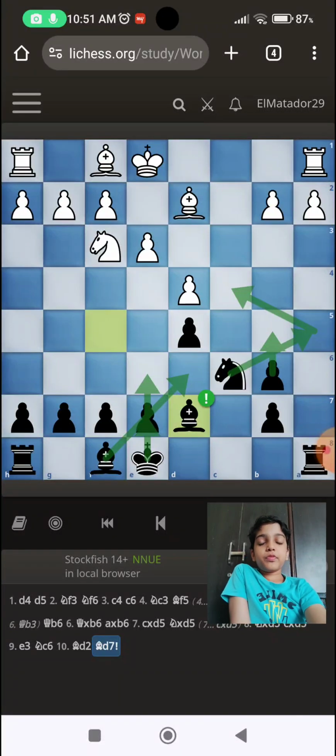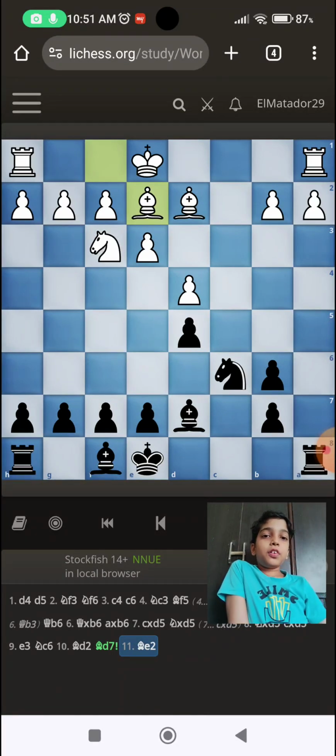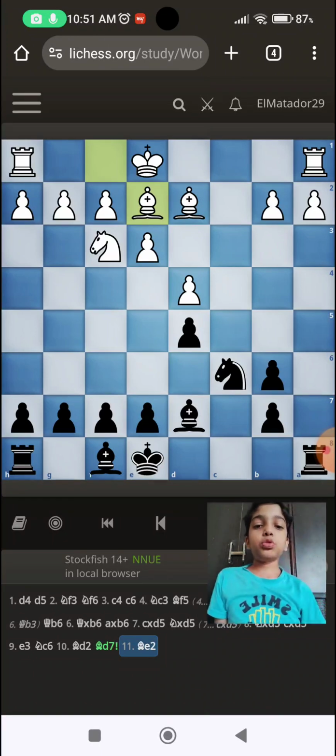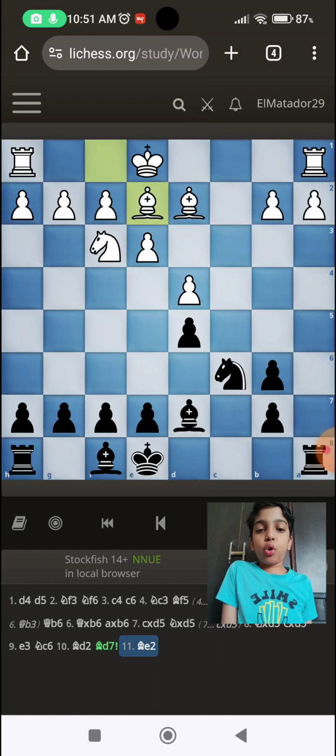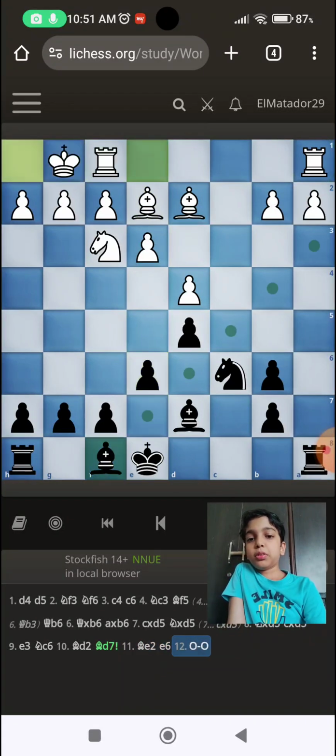So here after bishop d7 was played, bishop to e2. Now this is a passive plan. We will come back to white's mistakes at the end of this video. Firstly, we'll examine how Capablanca positionally outplays a strong player like Janowski. Bishop e2, e6, short castle, bishop d6,